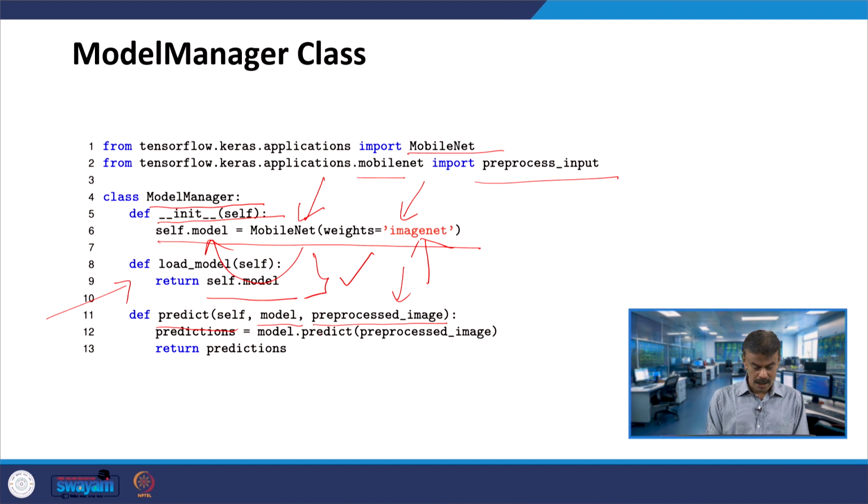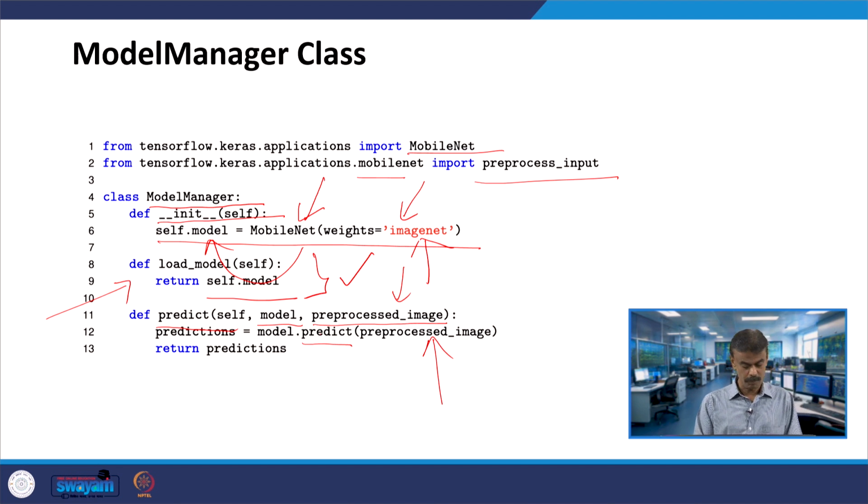The model invokes predict, where you pass the preprocessed image as the input image, and that will be stored in predictions.